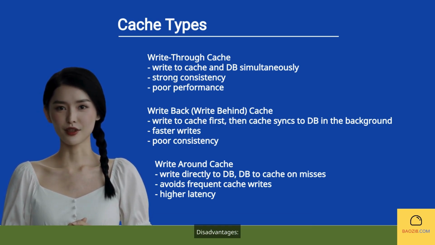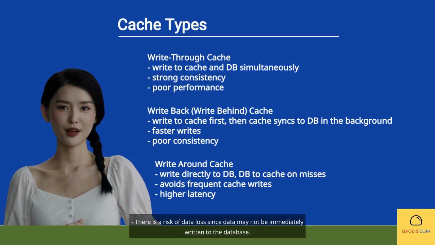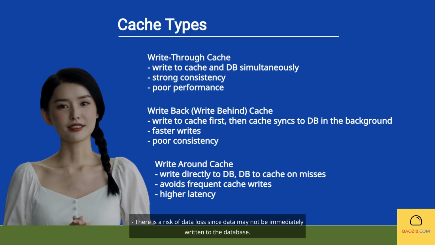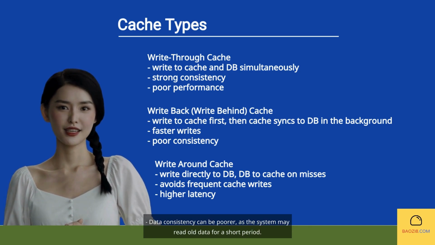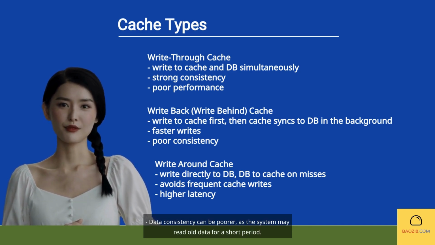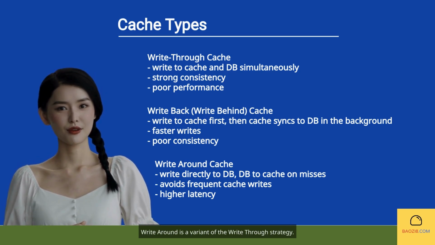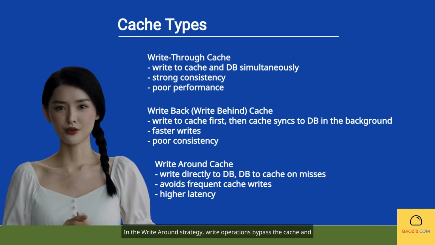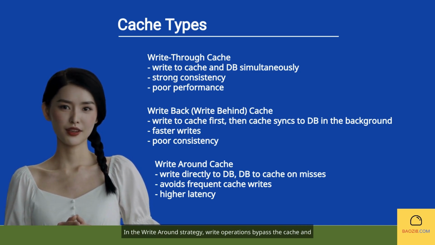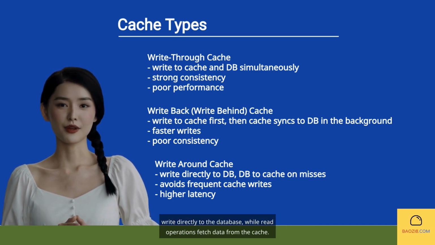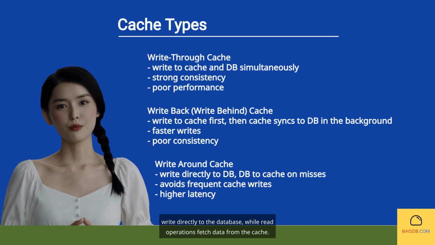Disadvantages: there is a risk of data loss since data may not be immediately written to the database. Data consistency can be poorer, as the system may read old data for a short period. Write-around is a variant of the write-through strategy. In the write-around strategy, write operations bypass the cache and write directly to the database, while read operations fetch data